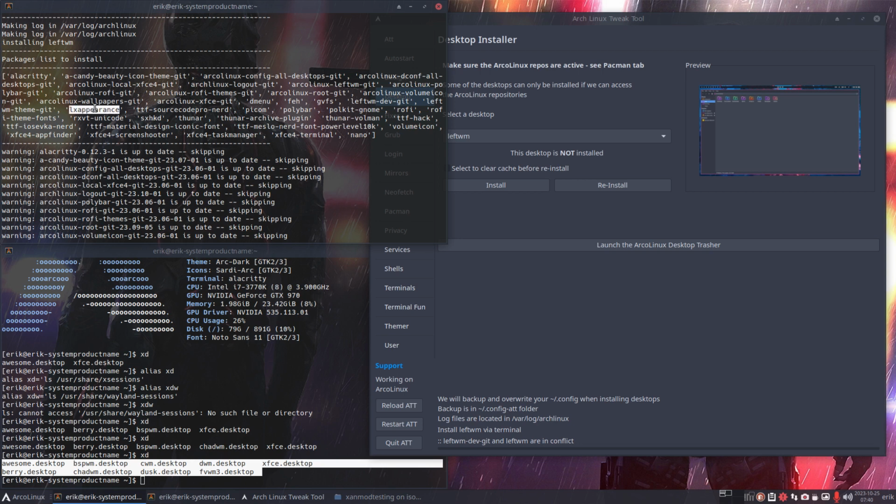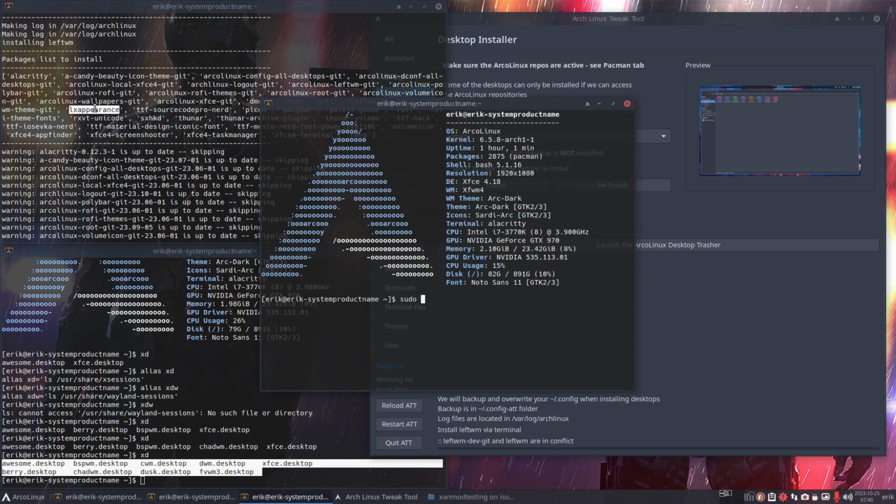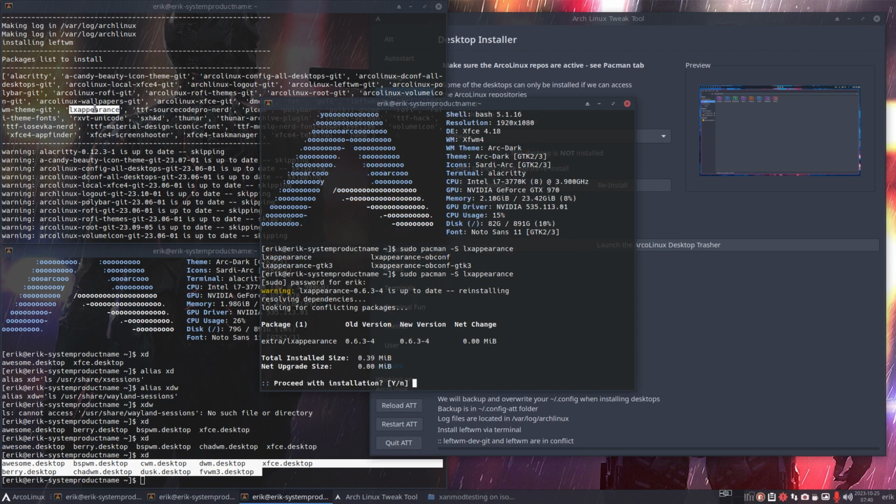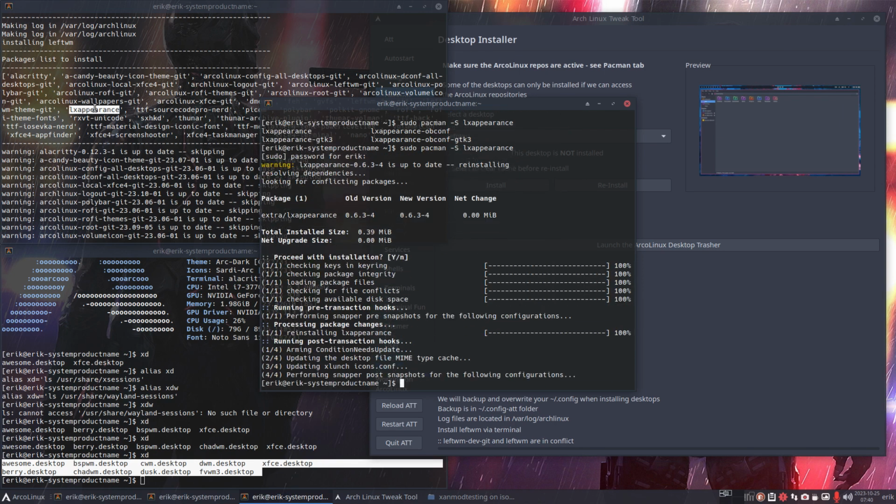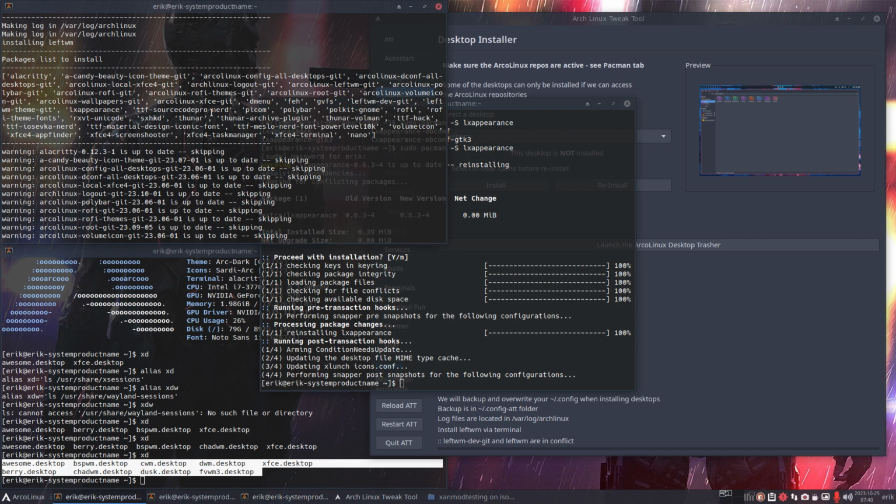Alexa appearance, is that going to be a problem? There are several versions of Alexa appearance, as you see, and some of them clash, but that's not the issue because it installs. And then